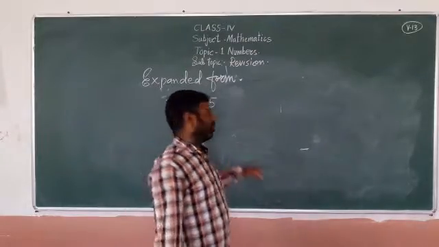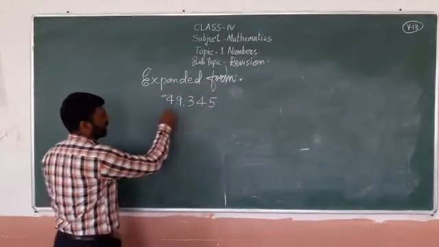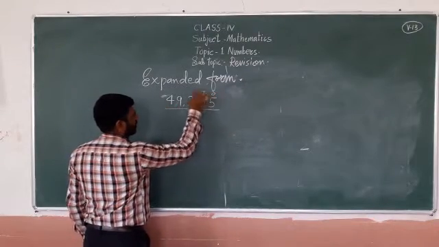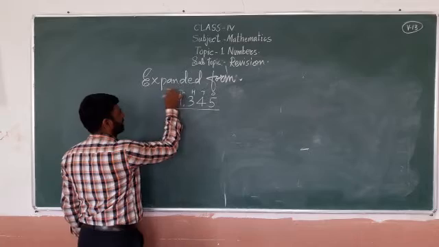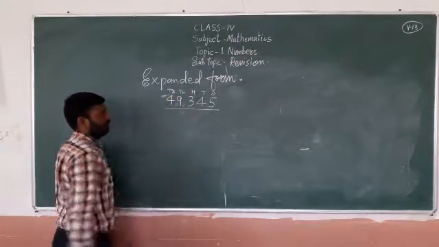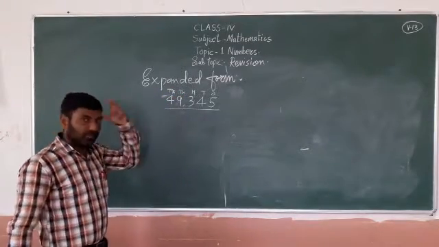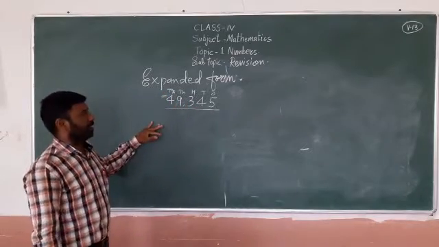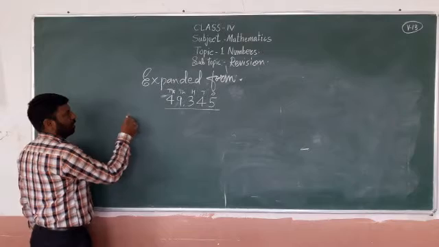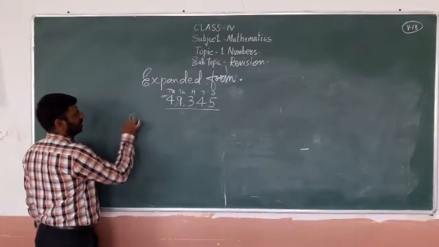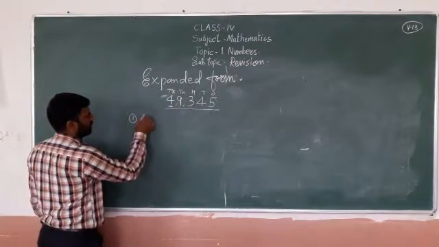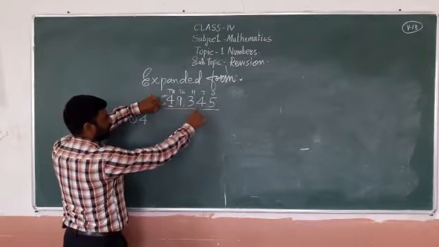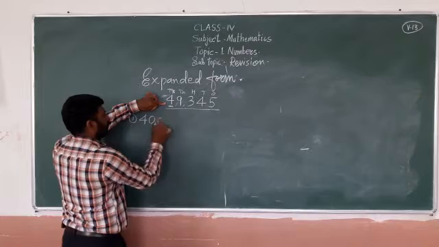Either you can write one. See how to write the expanded form of 49,345. Ones place, tens place, 100 place, 1000 place, 10,000 place. This is very important, essential to write or learn by heart first. Then no need to write. Understand? Now how to write the expanded form? By this way, method 1, you can write like this. 4, as I told you previously. 4. How many digits are there? 1, 2, 3, 4. Write that many zeros.